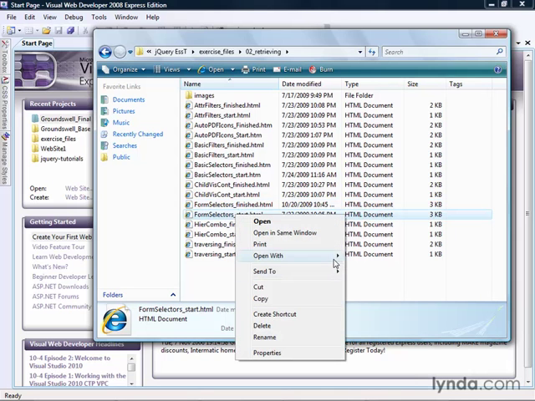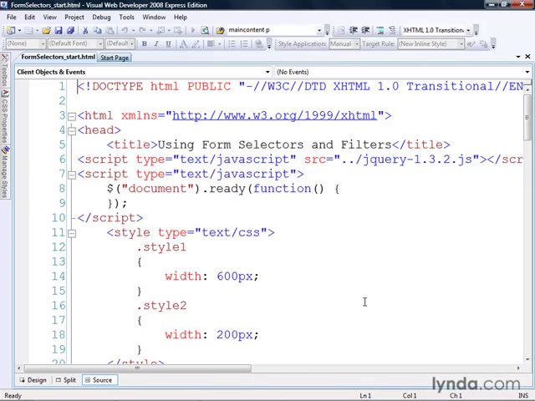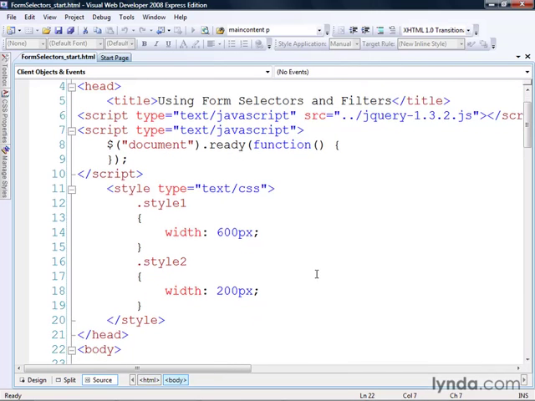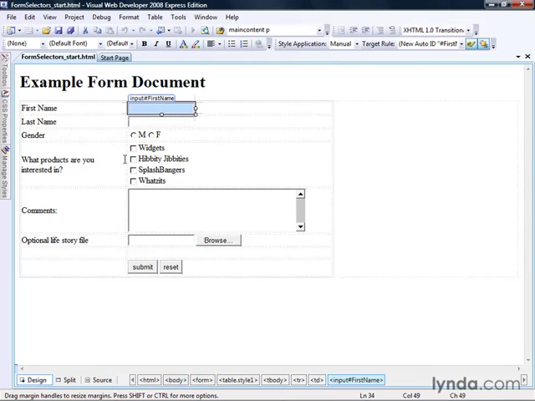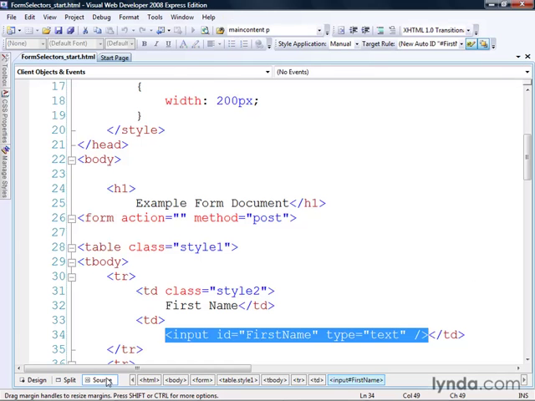So I'm going to open this in my editor. This example is a little bit different than the other examples we've looked at so far. Let's begin by looking at the design view. You can see here what we have is a source file with several form fields in it. We've got some input fields, some radio buttons and checkboxes, and some other things. So let's go back to the source and take a look at how we use jQuery to select each of